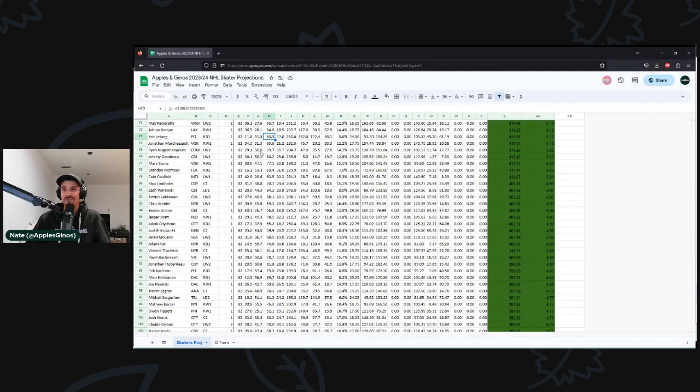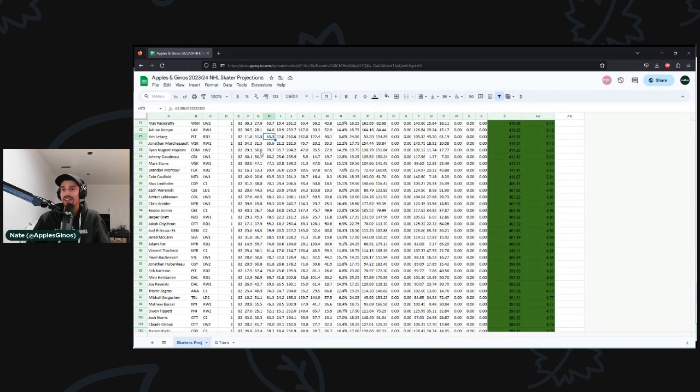And you would be pretty disappointed if you drafted Letang expecting 63 points and you got 48 points. That's not a scenario that I think is super likely to happen. It's not the base scenario that I've projected here, but it is a potential scenario that could happen. And when I'm drafting in my drafts this year, I am going to bake that into my drafting a little bit. How much you want to bake that in depends on your evaluation of that risk, right?